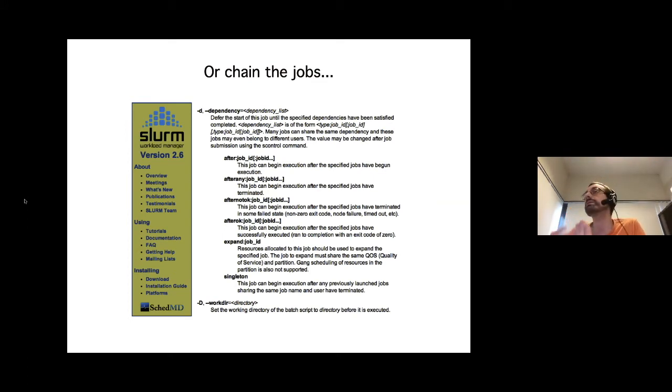So you can say, and this is the most useful command for checkpointing, if that given job didn't finish correctly, then run this one. That allows you to have checkpointing exactly in the same way as before, in a slightly more workflow way. You can also schedule your code by playing with those dependencies in Slurm, which is very useful. I've used it for something completely different, but it was very, very powerful.